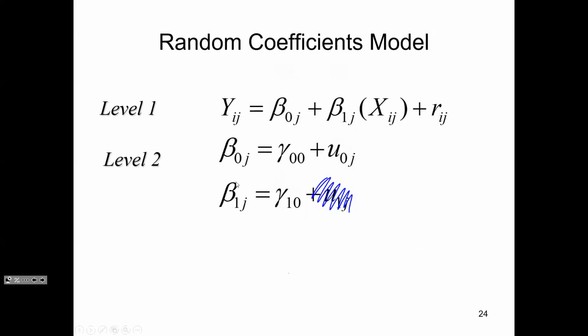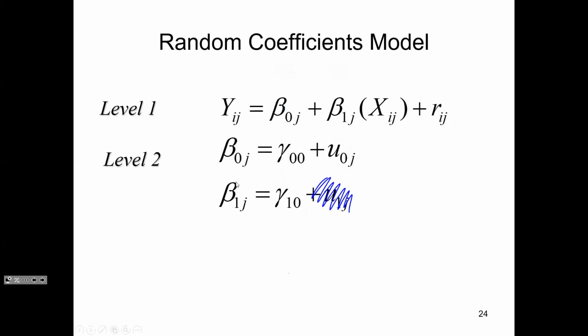If I get rid of that U sub 1j, that's what I call a random intercept model, because only the intercept is allowed to vary. A random coefficients model allows the intercept and at least one of the slopes, because we could have multiple slopes. Right now we only have one, but a random coefficients model allows the intercept and at least one of the slopes to randomly vary, and it does so by allowing for these error terms at the cluster level that say,